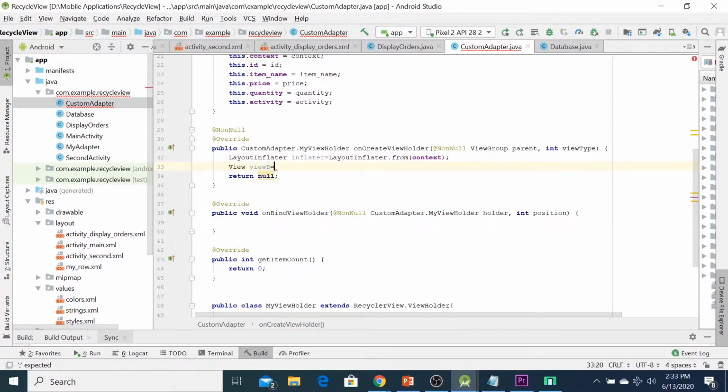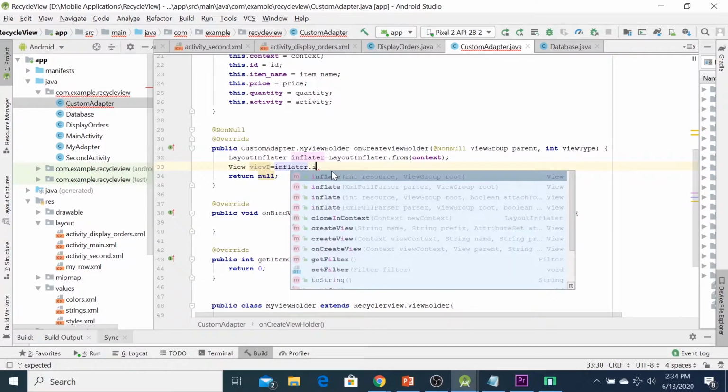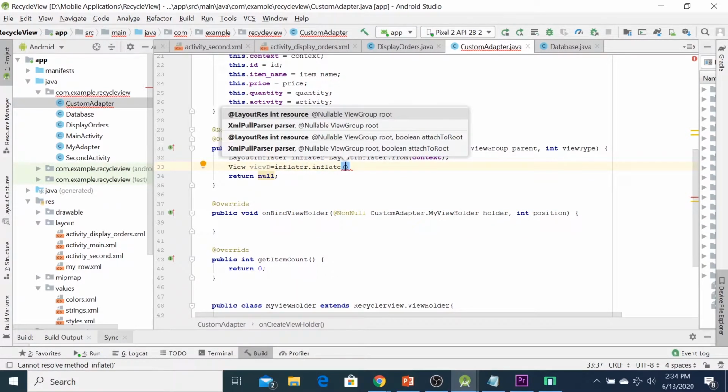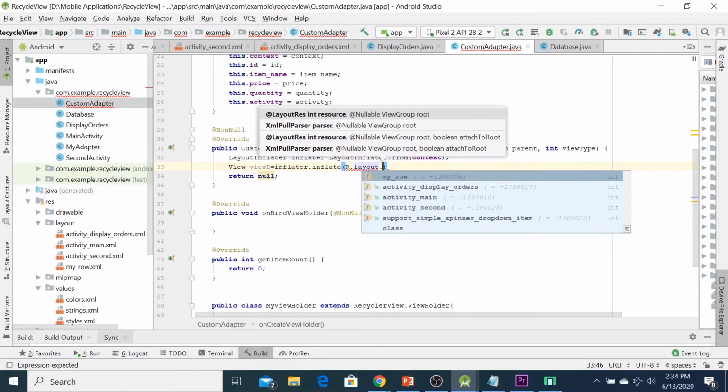To differentiate, because in our file we have two adapters, my adapter and custom adapter. For my adapter, to show the item list, yeah. For custom adapter is used to show your order. So let me make it different. Yeah. View display, inflator dot inflate, or dot layout dot.